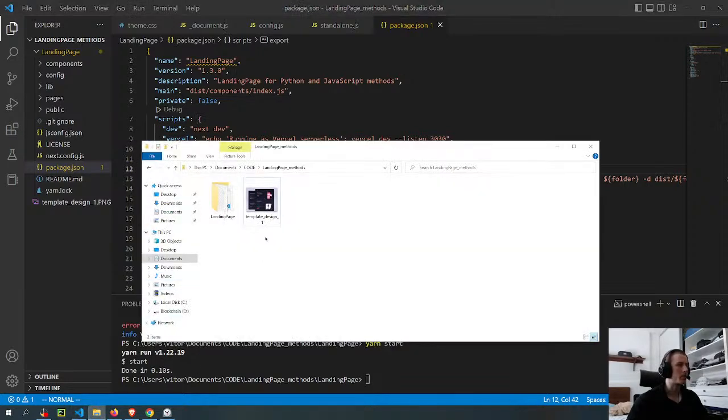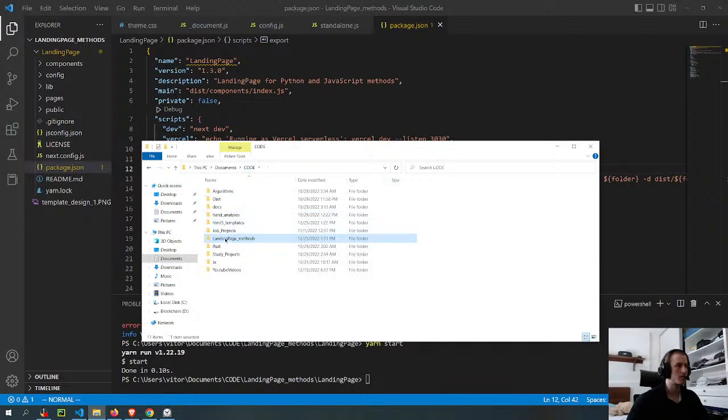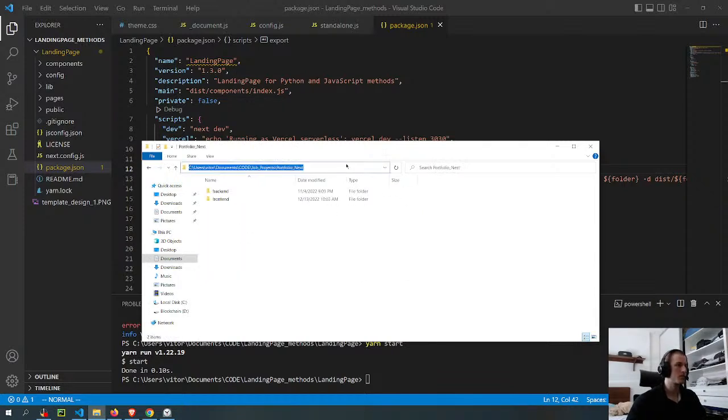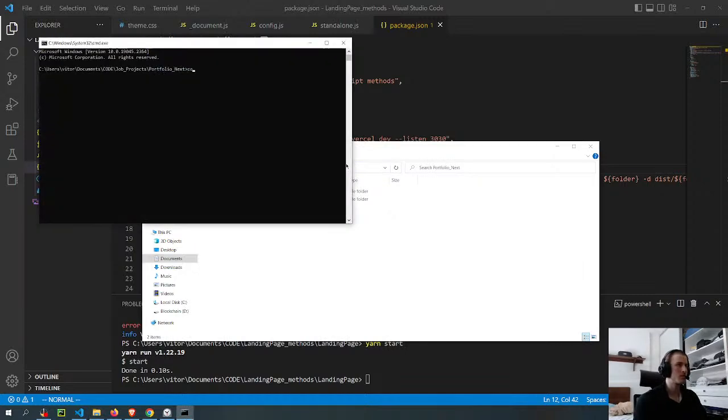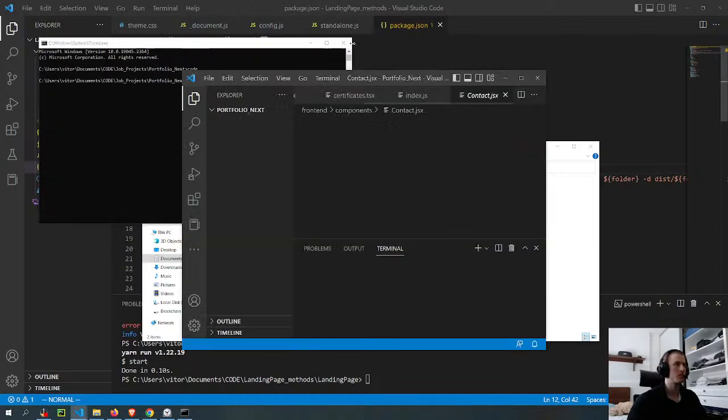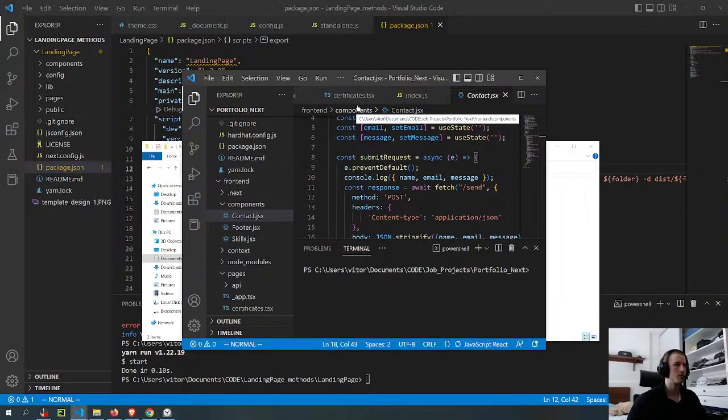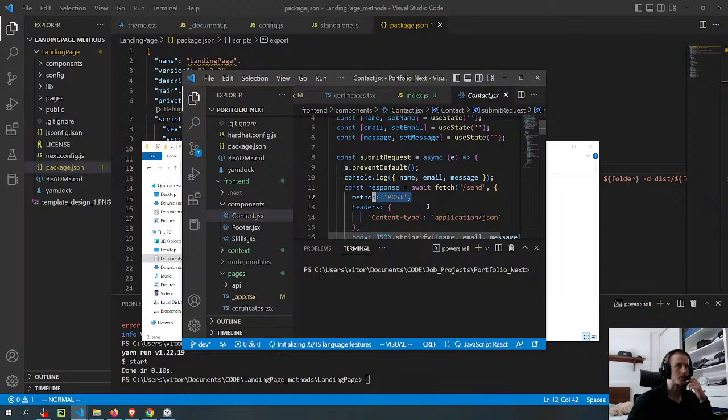I'm gonna open the other project that I have and see. Yeah, this is the method that I was using for the email. For the contact meeting.